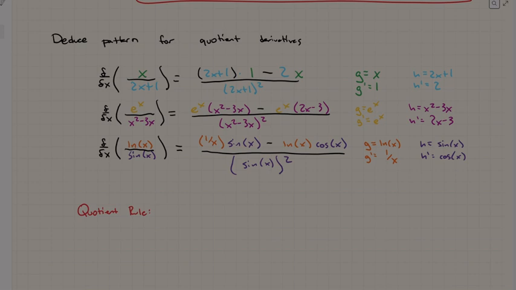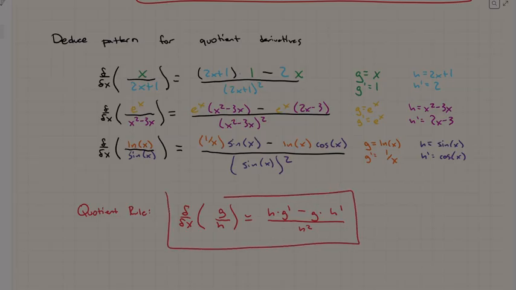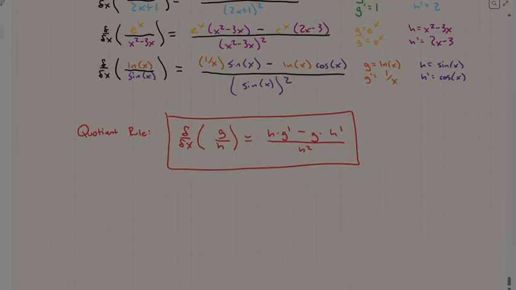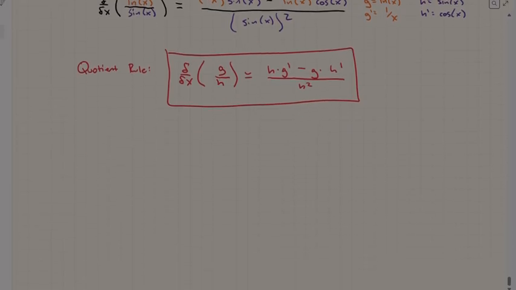And what this says is when we are taking the derivative of G over H, it is going to be H times G prime minus G times H prime over H squared. And that one is maybe not so easy to remember. And so another way that might be better